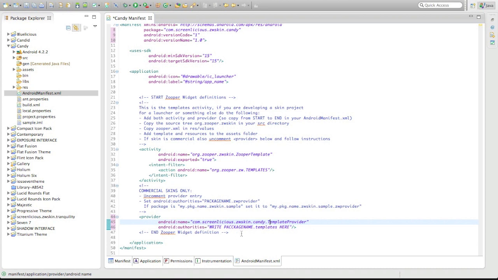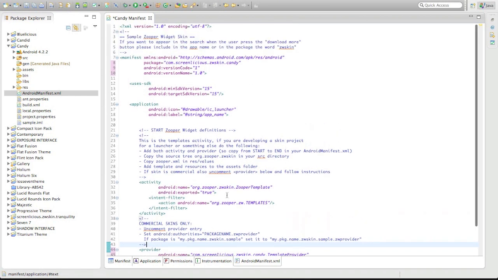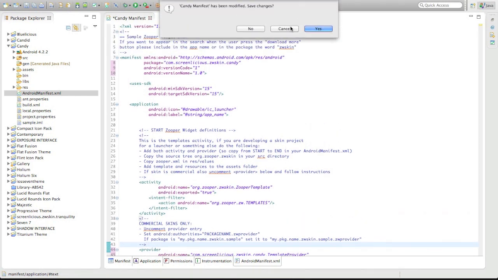And for the Android authorities, you will replace the package name with your package name, then the template part, you remove it and change it to ZW provider. As you can see here, if the package name is my package name .zwskin sample, set it to my package name zwskin sample.zwprovider. As you can see, it looks like this. Alright, now you're done with that, and you just close it, save it,